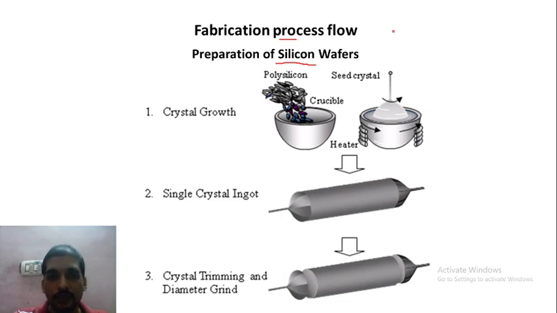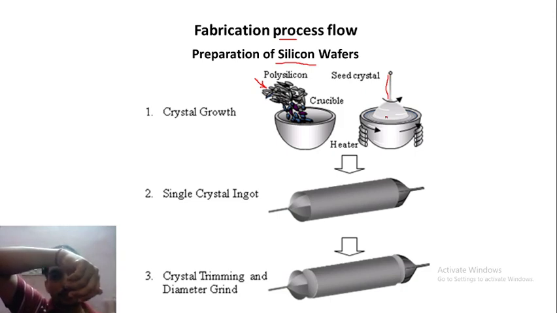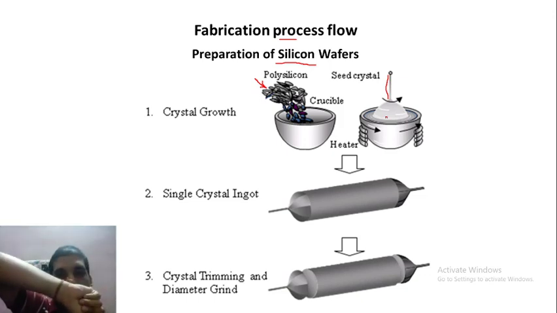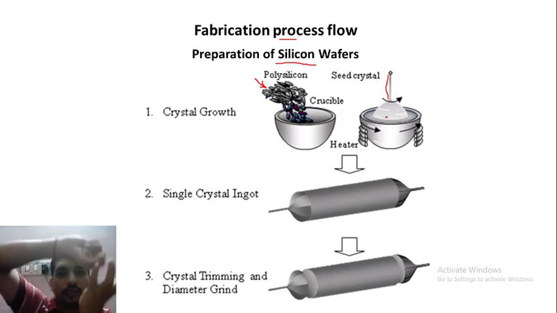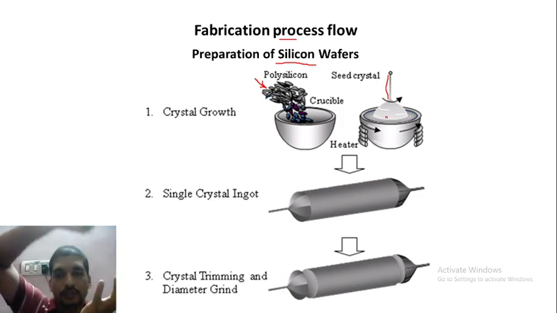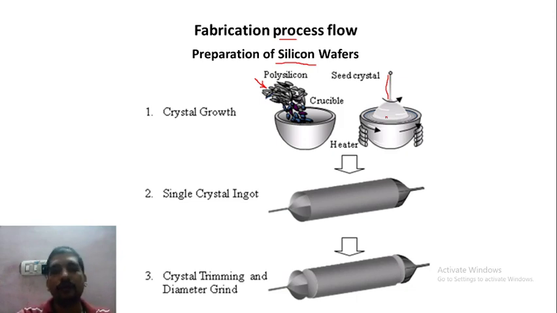Then this polycrystalline EGS material is again put into the furnace, and inside the furnace the operation takes place in such a manner that the seed crystal is dipped first and it rotates. Let us say it is rotating clockwise, then the furnace crucible rotates anti-clockwise, and hence when the seed crystal is pulled back, it pulls with it the silicon single crystalline structure, and a large cylindrical ingot forms when we take it outside of this furnace.